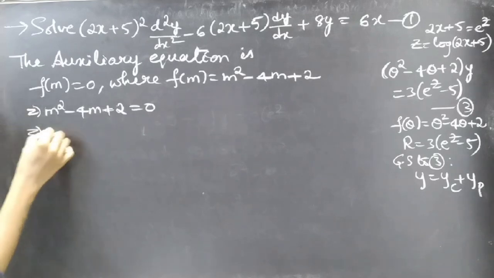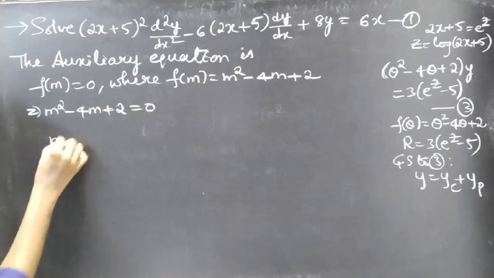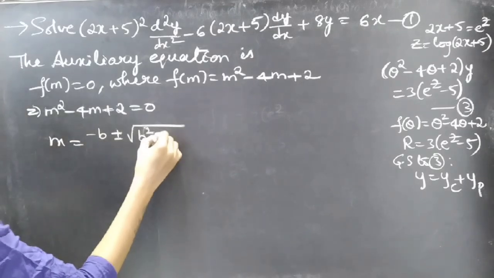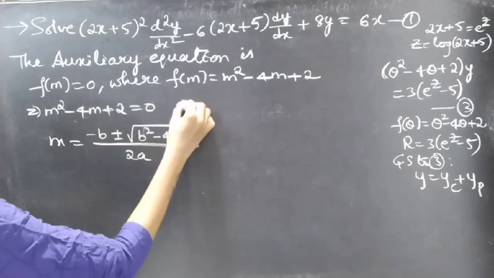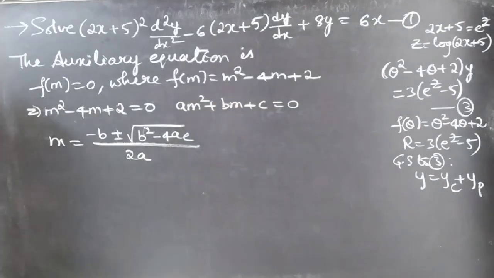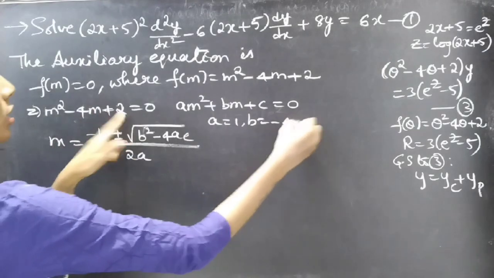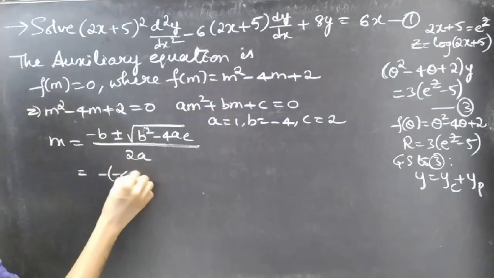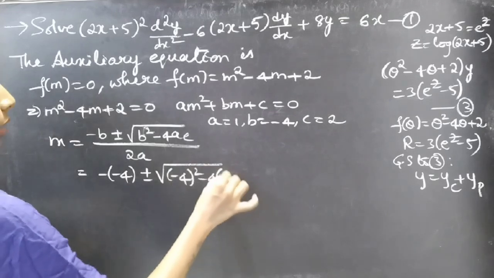Now we need to find roots to this equation, so let's use the quadratic formula to find roots. Minus b plus or minus square root of b² minus 4ac by 2a. Just compare this equation with am² plus bm plus c, the quadratic equation, so that you'll get the values of a, b and c. a equal to 1, b equal to minus 4, c equal to 2. Now substitute the values in this formula. We'll get minus of minus 4 plus or minus square root of (minus 4) whole square minus 4 into 1 into 2